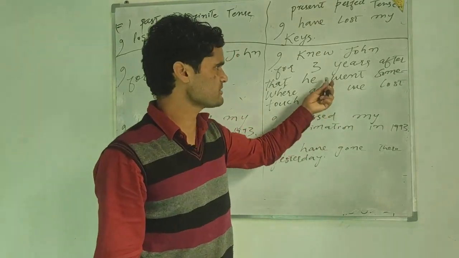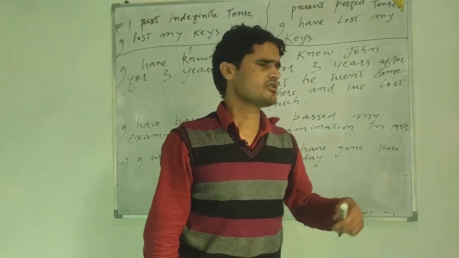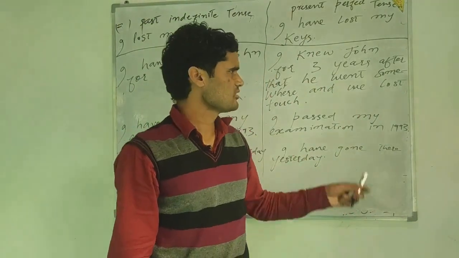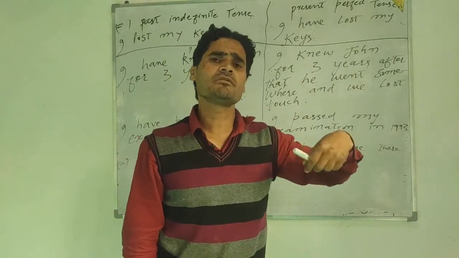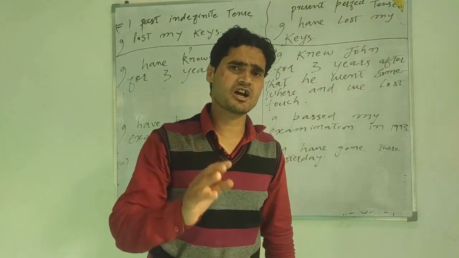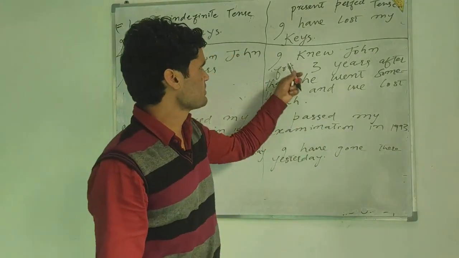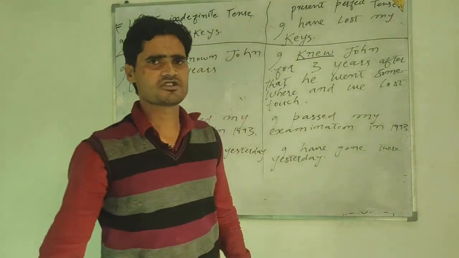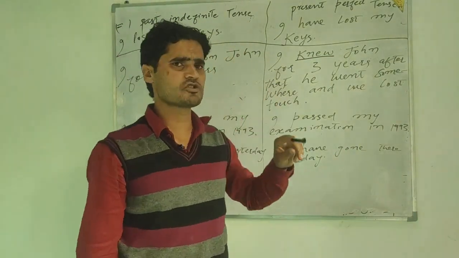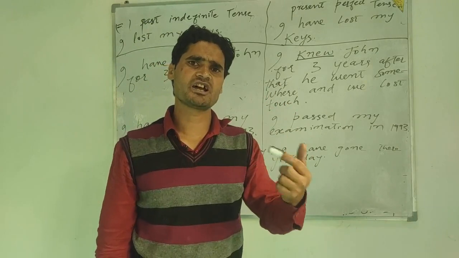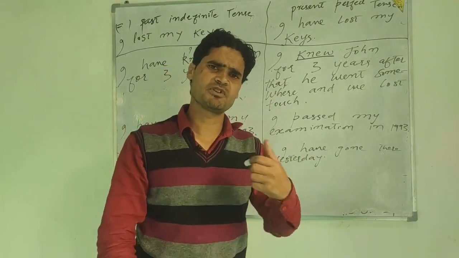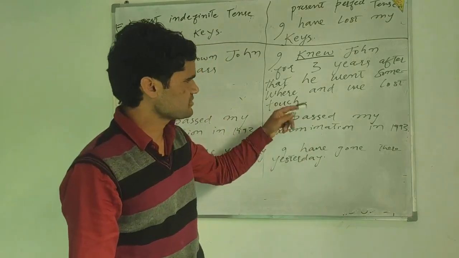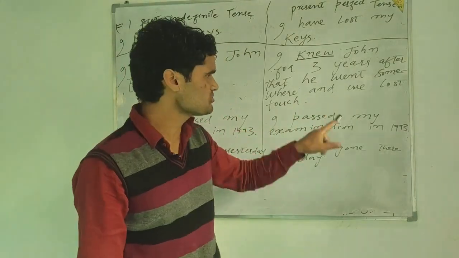What is the relation of it with the present? The present here refers that we don't know each other now. I knew him in the past, but presently I don't know him, because I used here the second form of verb. It is past indefinite. I have already told you past indefinite means any action that ended in the past. It has finished, it is over, it has nothing to do with the present. That is why it will become clear to you through this example.